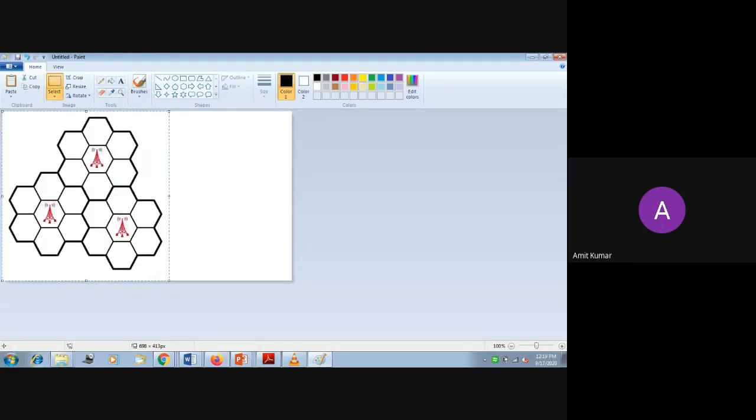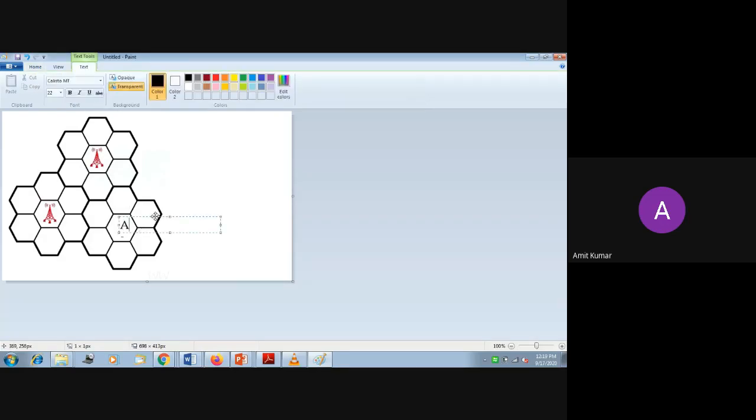Now you can see everywhere there is some antenna and it is using different frequencies. So for example, here I will name this A. So it is radiating. A is having some different frequencies. B is having different. C is having different. D is having different. E, F, G. So this is one cluster.